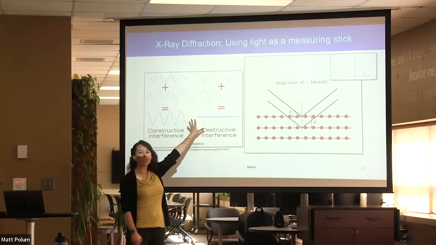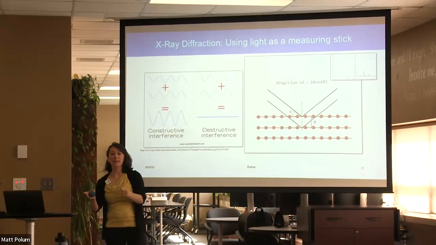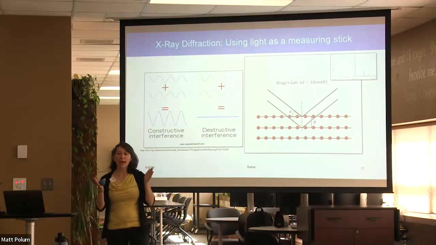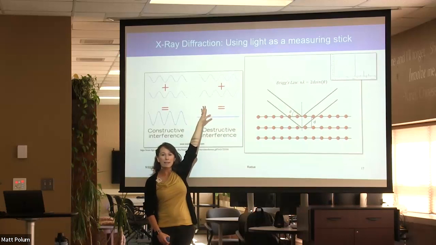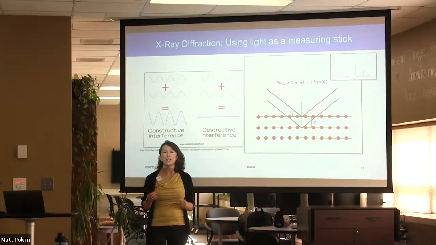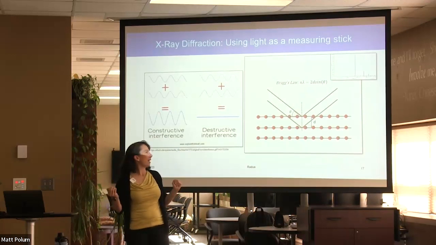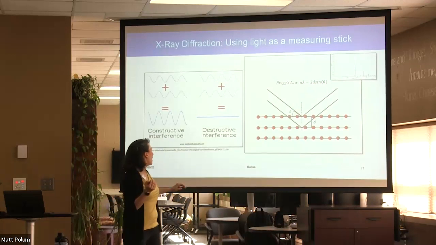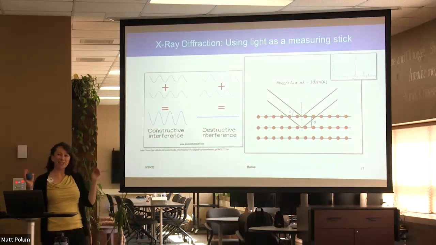So light has an awesome property: if you send two beams down different paths, and the difference between those paths is the same as a whole wavelength, they're going to constructively interfere. They are going to boost each other up and become more powerful and create those bright peaks. If, however, they are exactly half a wavelength apart, they're actually going to cancel each other out